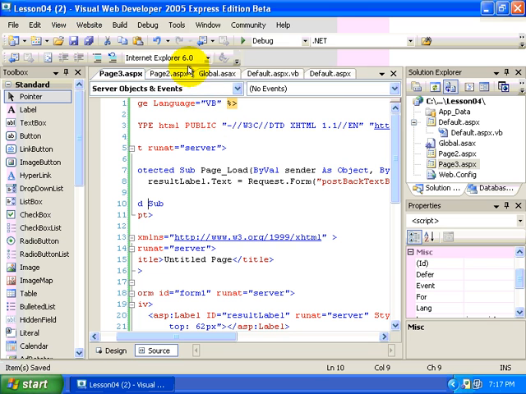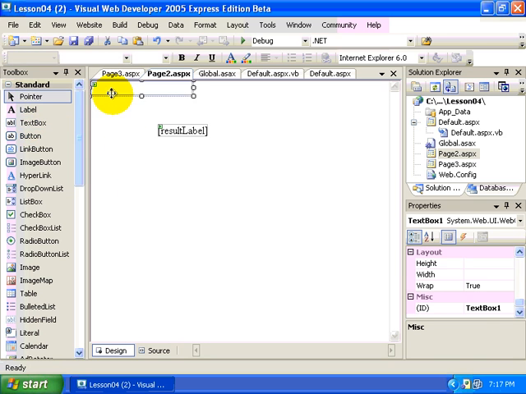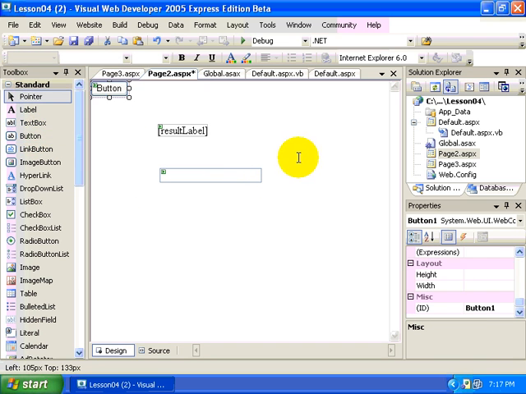Okay. So now in page 2, in our design view, we're going to add a text box and a button. I'm not going to take the time to rename these. We'll just use them as is for right now. So I'm going to select the button. Now, what I want to do here is a little bit of a new technique in ASP.NET